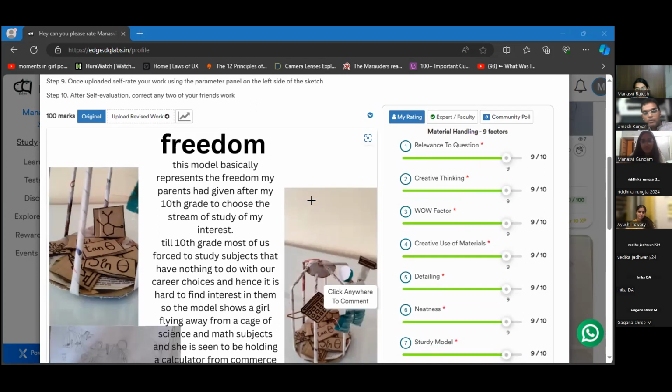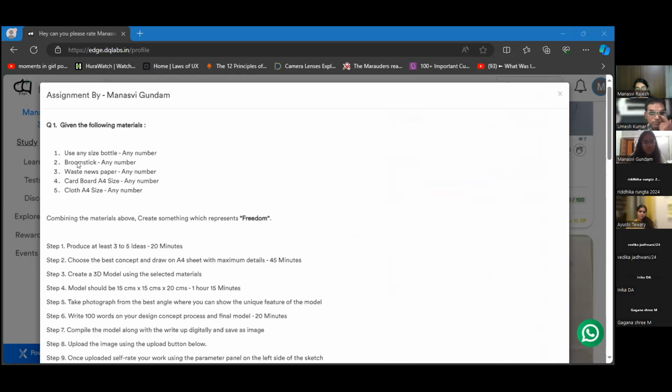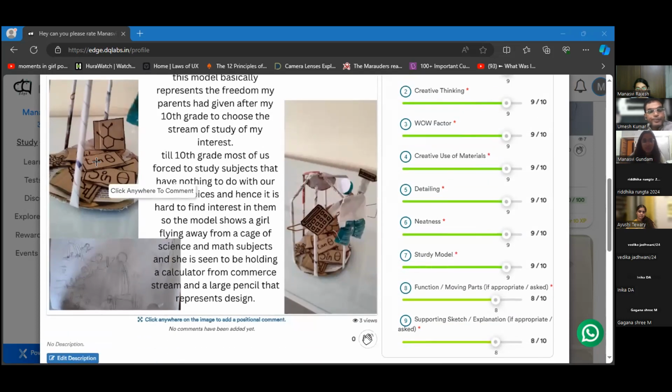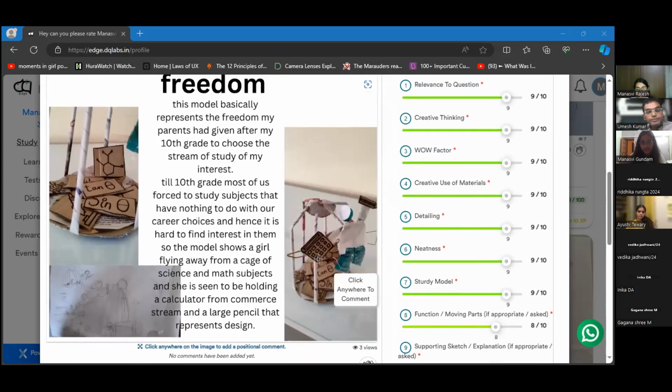We had to use newspaper, broomstick, bottle, cardboard, and all of that. For the cardboard, I used the base and the things that represent each subject. I used wires for the structure and cardboard for the person. And I used newspaper rolls for making the cage bars. And the broomstick thing, I kind of